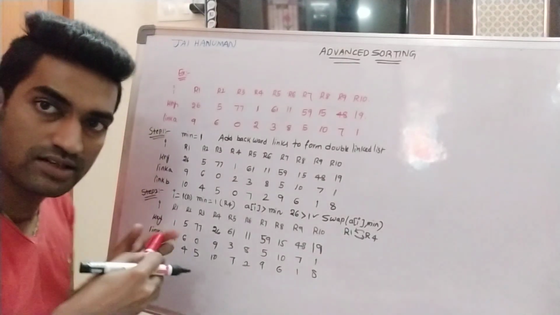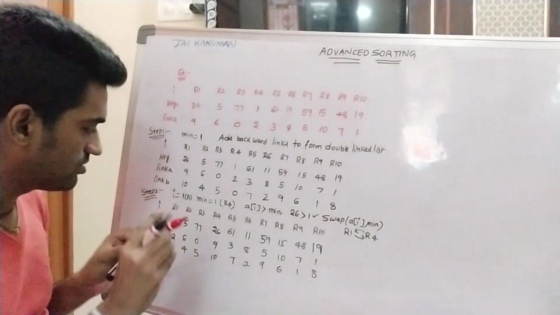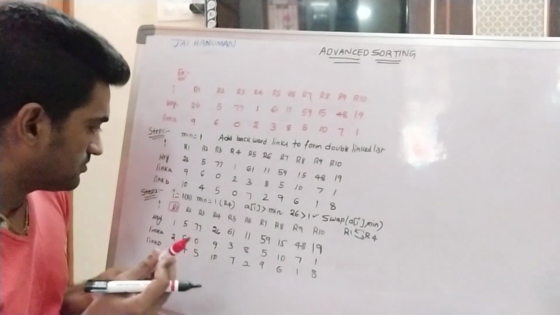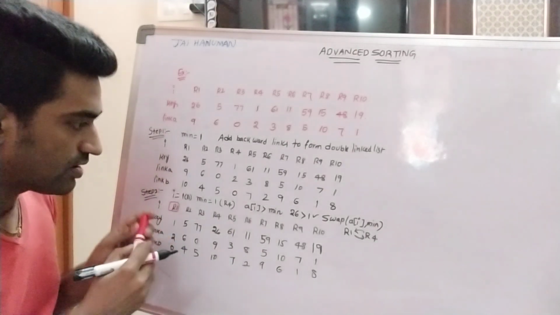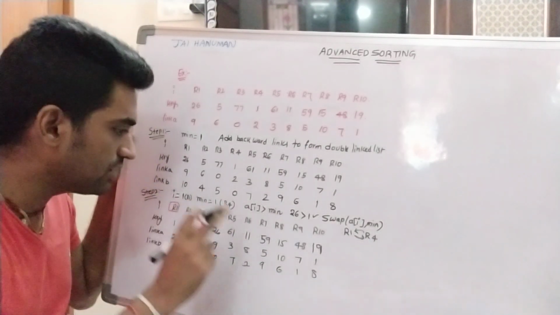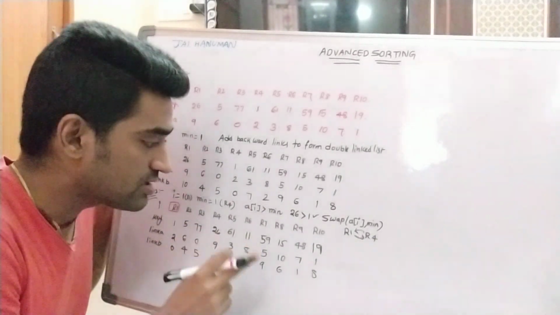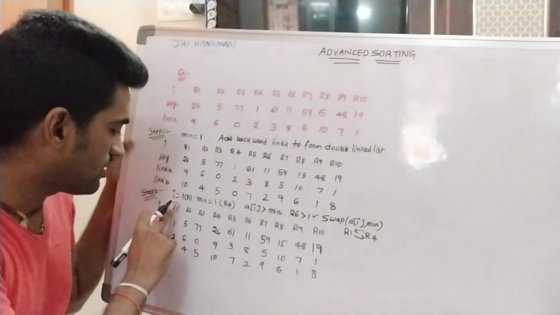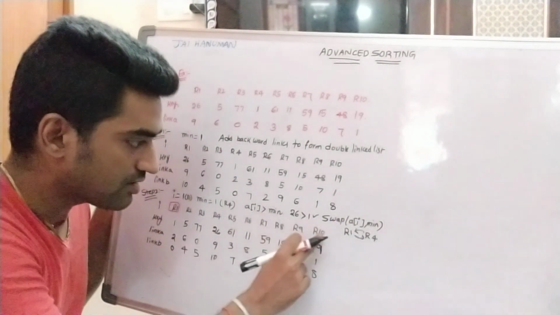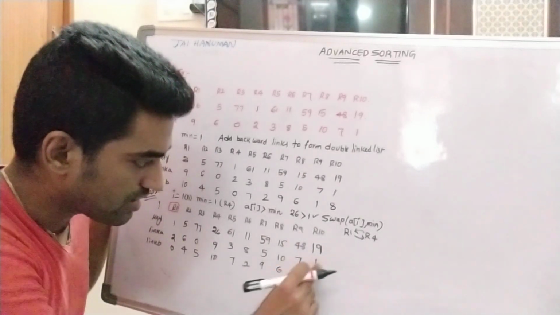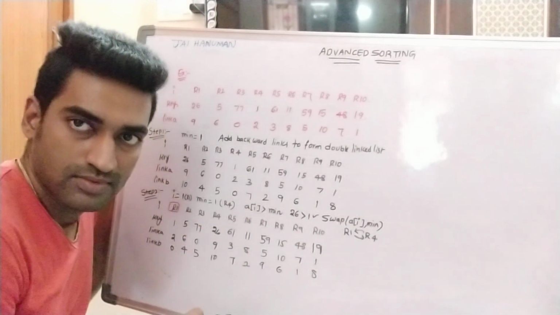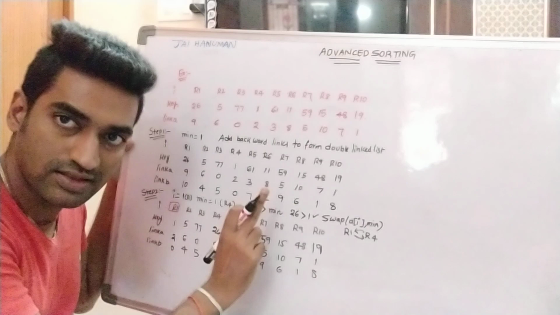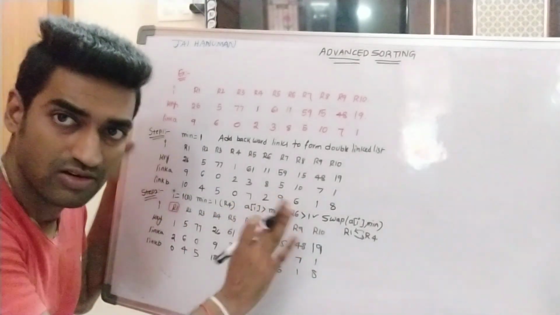So the R1 record has been sorted. Once we sort R1, we are also updating the link A, link B values of the records that contain the value 1. Which records contain one value? R9 and R10. Link A, link B contain one values. R1 is already updated. R1 is nothing but 1, R2 is 2, R3 is 3. So these are the I values, and here I am representing records.